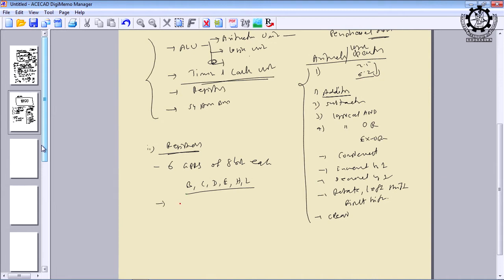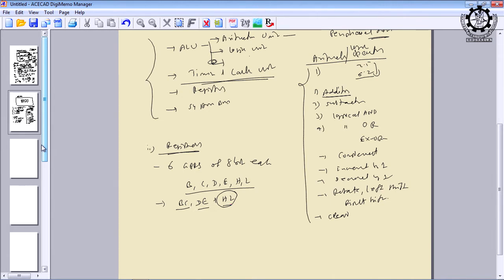So, there are 3 register pairs BC, DE and HL. Am I clear? So, there are 6 8-bit independent registers, and there are 3 pair registers where we can pair. B can be paired with C, D can be paired with E, H can be paired with L, but B cannot be paired with D. Only these 3 pairs are possible, right? And out of these 3 pairs, the HL pair has a special capability, that I will tell you, what is the speciality about the HL register pair. BC and DE you can treat in a general way, but HL has a special role, right?